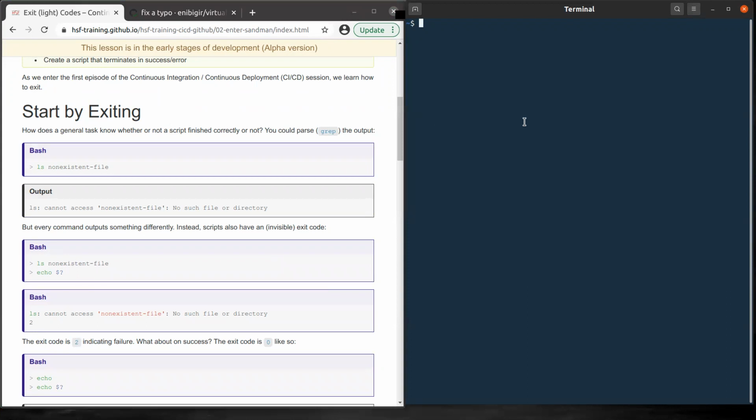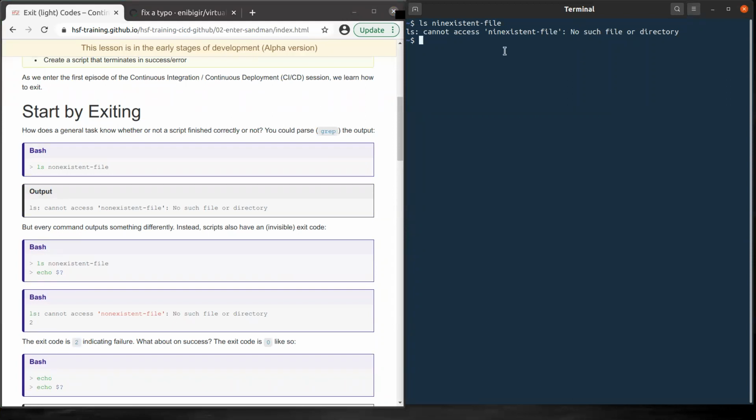So let's say you were checking a non-existent file. As you can see, there is an error message that there is no such file. But you should be aware that there is an exit code associated with this failure.